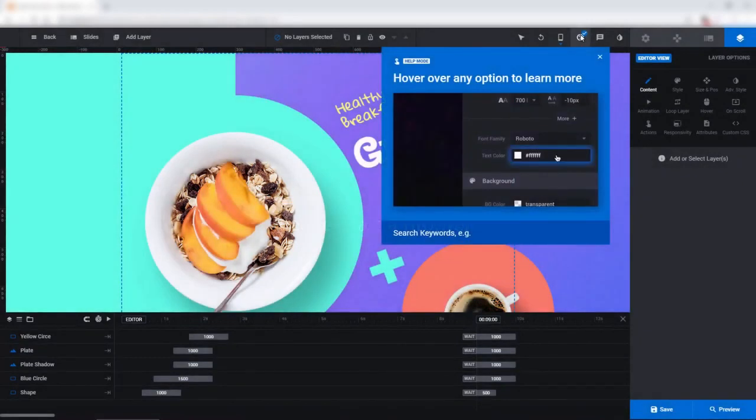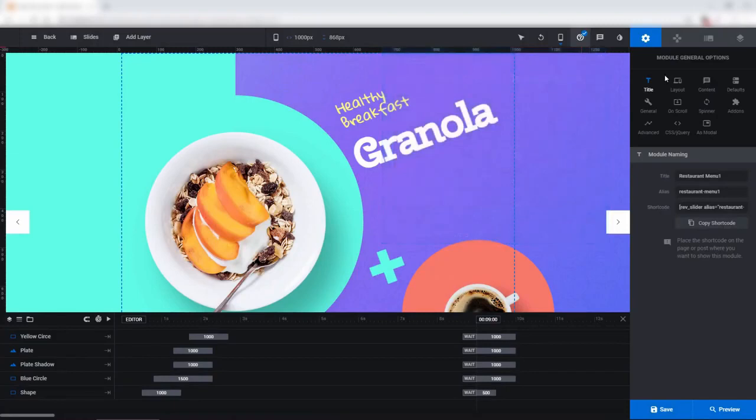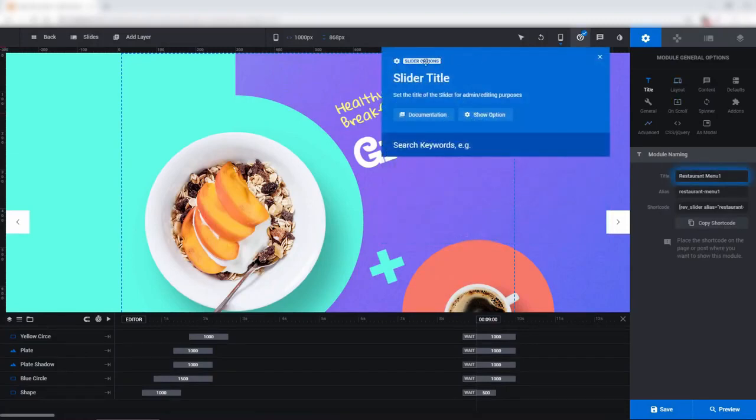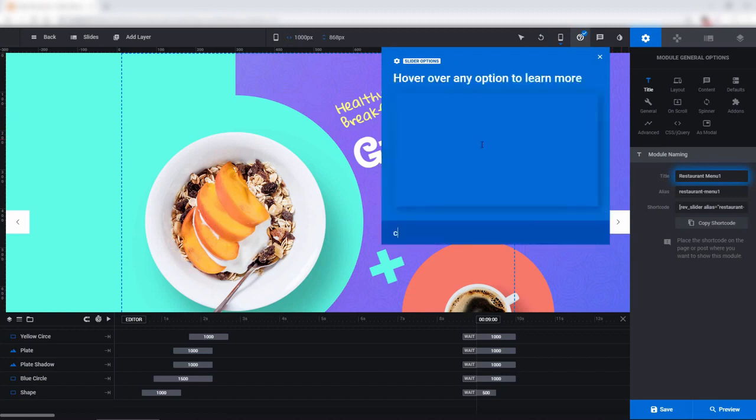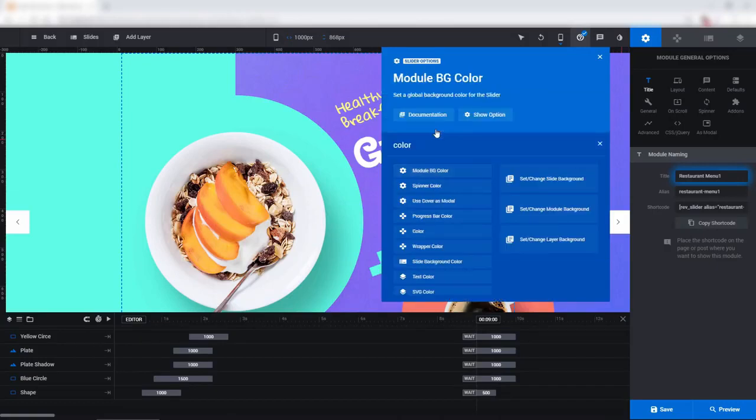And basically what I can do with this is if I find an option that I would like to learn about, I can go ahead and hover over it, and then it'll tell me a little bit about this option. I can click documentation to learn more about it. And then if I wanted to, I could search for an option here. So for example, module background color. And then I could read more about it in the documentation, or I could click show option, and that'll take